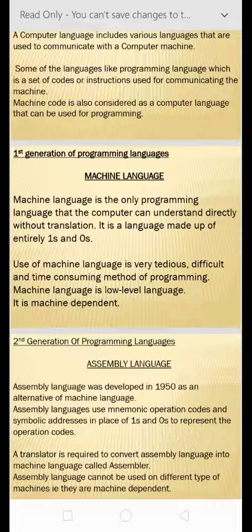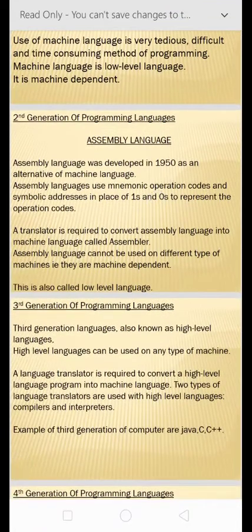The programs written in these languages are executed very fast and efficiently by the CPU of the computer system. The programs written in these languages utilize the memory in an efficient manner because it is possible to keep track of each bit of data.